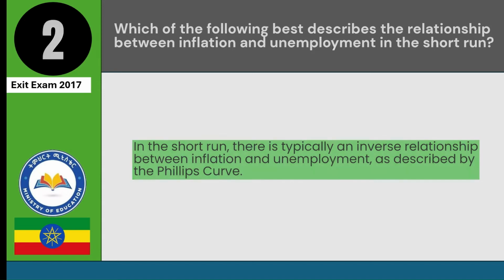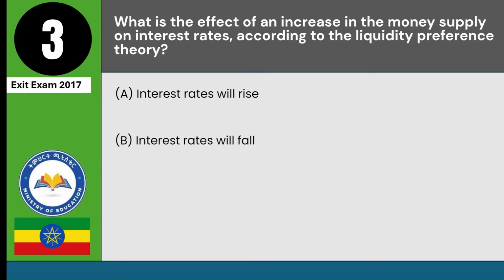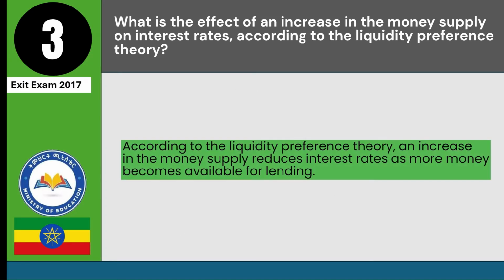Phillips curve. What is the effect of an increase in the money supply on interest rates, according to the liquidity preference theory? A. Interest rates will rise. B. Interest rates will fall. C. Interest rates will remain unchanged. D. Interest rates will fluctuate unpredictably. Answer: B. According to the liquidity preference theory, an increase in the money supply reduces interest rates as more money